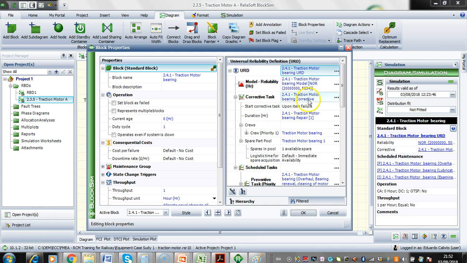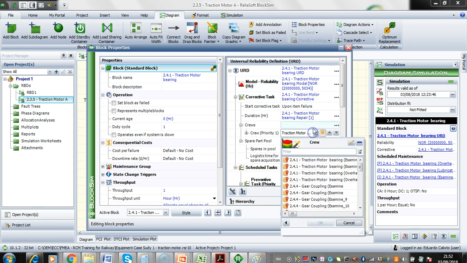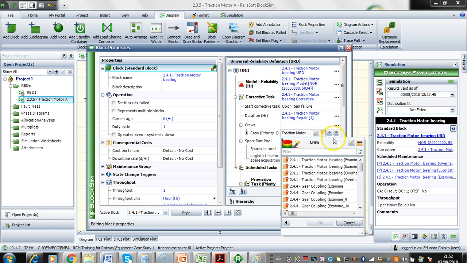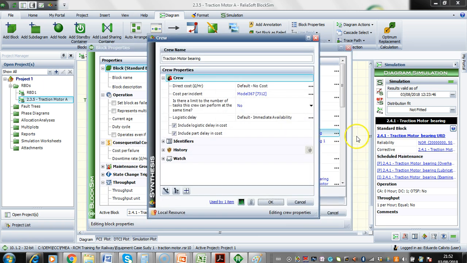We have corrective maintenance defined here as well. That's the duration, 1 hour, to repair and replace the bearing. We have a crew team here, and in the crew team, actually I need to click in here, okay. And then we put the cost for it, that is